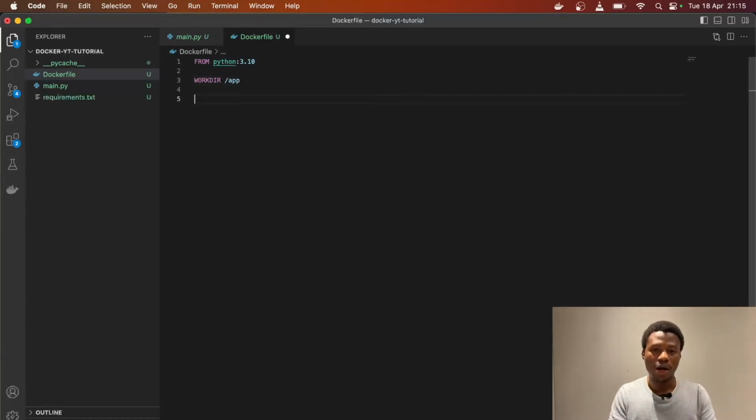If you're familiar with Python development, there is a convention where we put all our dependencies in a file called requirements.txt. It's a good practice, especially when you are building Python images or any image for that matter, to first of all install your dependencies before you proceed. So what I would do first is copy